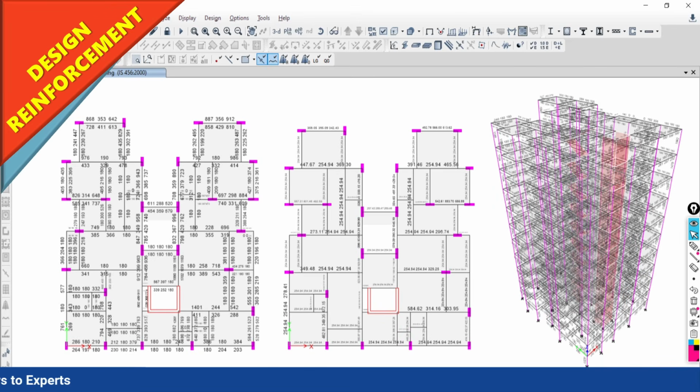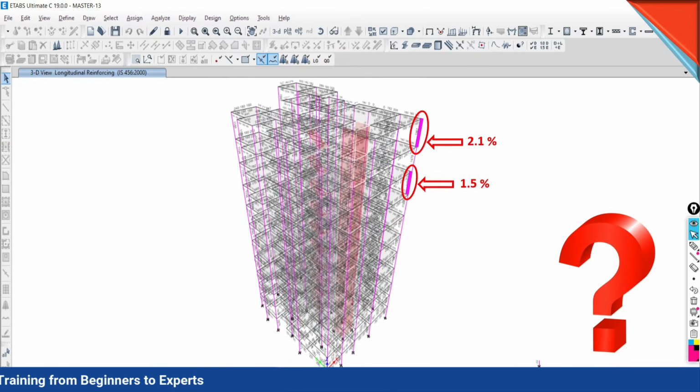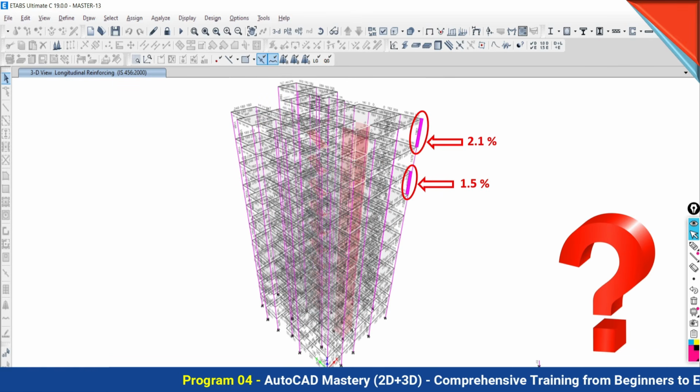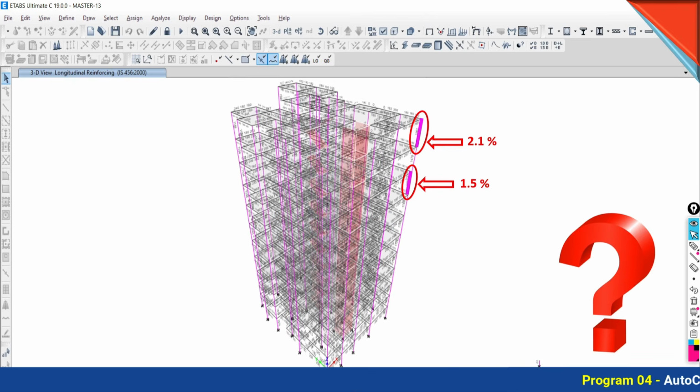I will ask this question later on. Now sometimes the students ask, sir, on the lower floor the demand is less, on the upper floor my demand of reinforcement is more, why is it happening? So again there is a basic concept and logic, your framing concept is there. Why this is happening, we will discuss this part also.